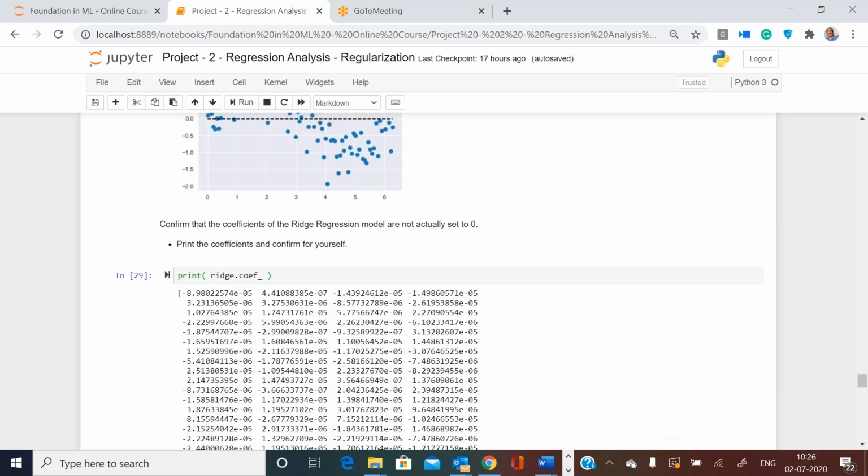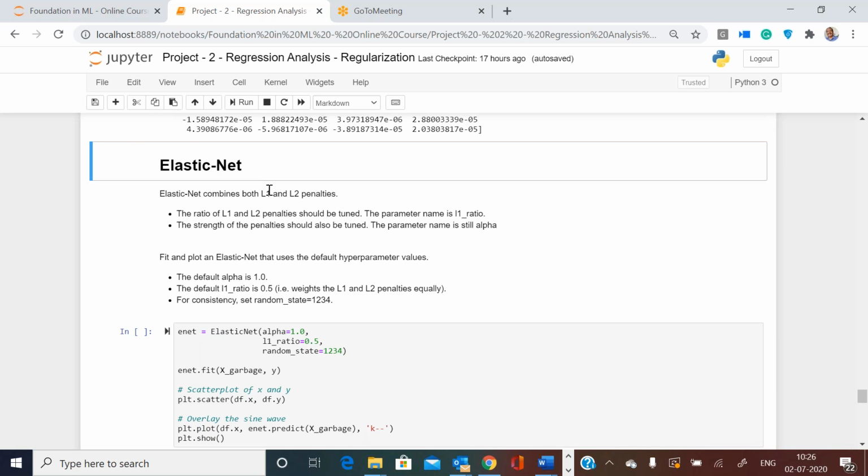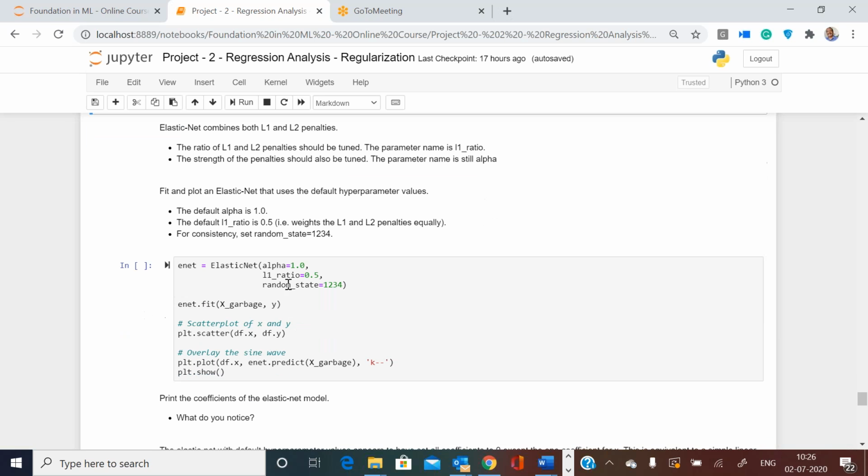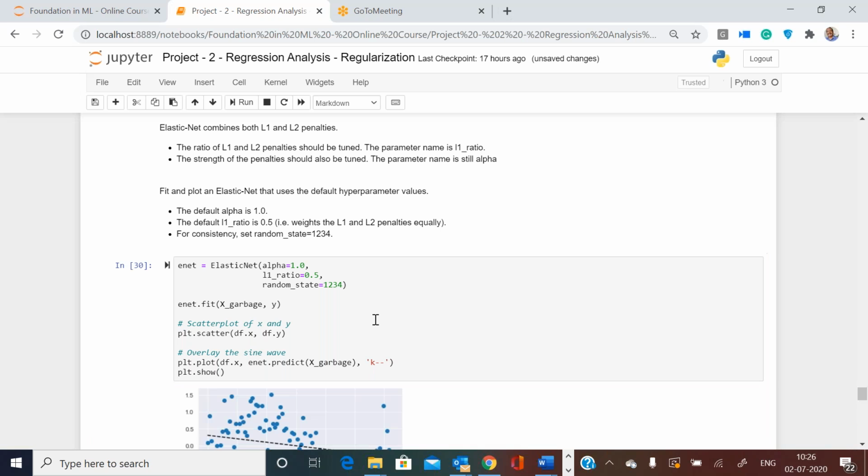Are you with me? Then let us play a little bit with the elastic net algorithm. There are two parameters to be tuned when you use elastic net. One is your penalty lambda, where I'm using the default. The other one is called l1_ratio, that is how the argument is named. I'm starting with 0.5, meaning I want a 50% effect each of L1 and L2, lasso and ridge. I also set a random state, fit the model, predict and plot.